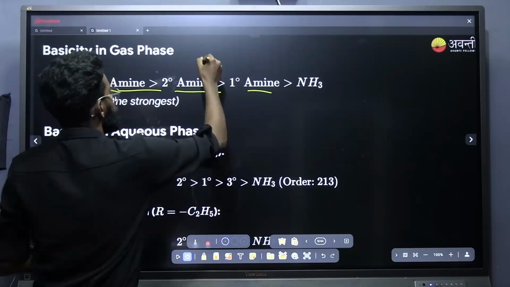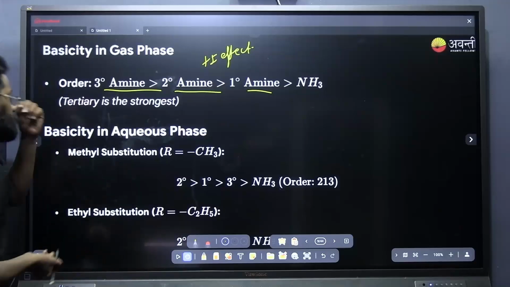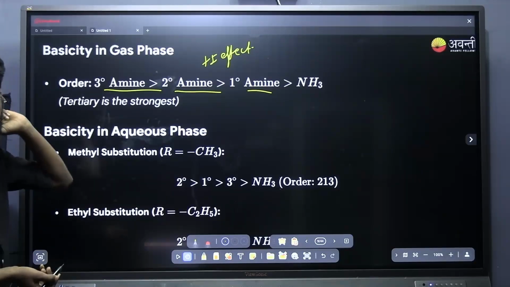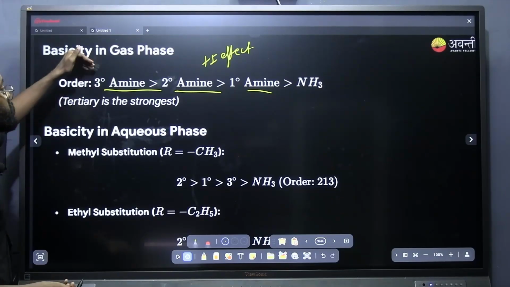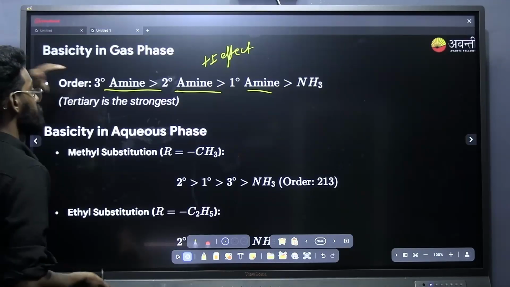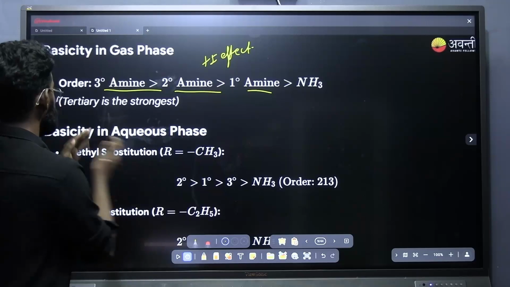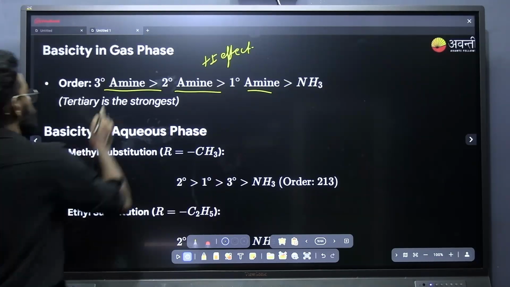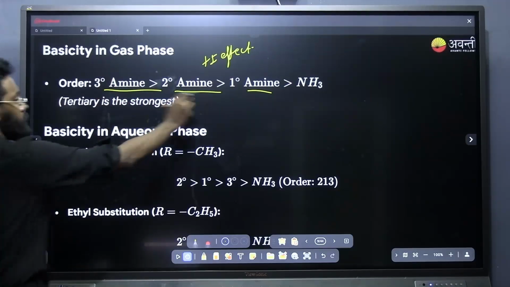That is based on the plus I effect. That is tertiary amine. In tertiary amine, if you observe, there are 3 methyl groups. Plus I effect will increase the basicity, and minus I effect will increase the acidity. That is already we discussed in the GOC chapter. So the more the plus I groups, tertiary will have the highest basicity, then secondary, then primary,